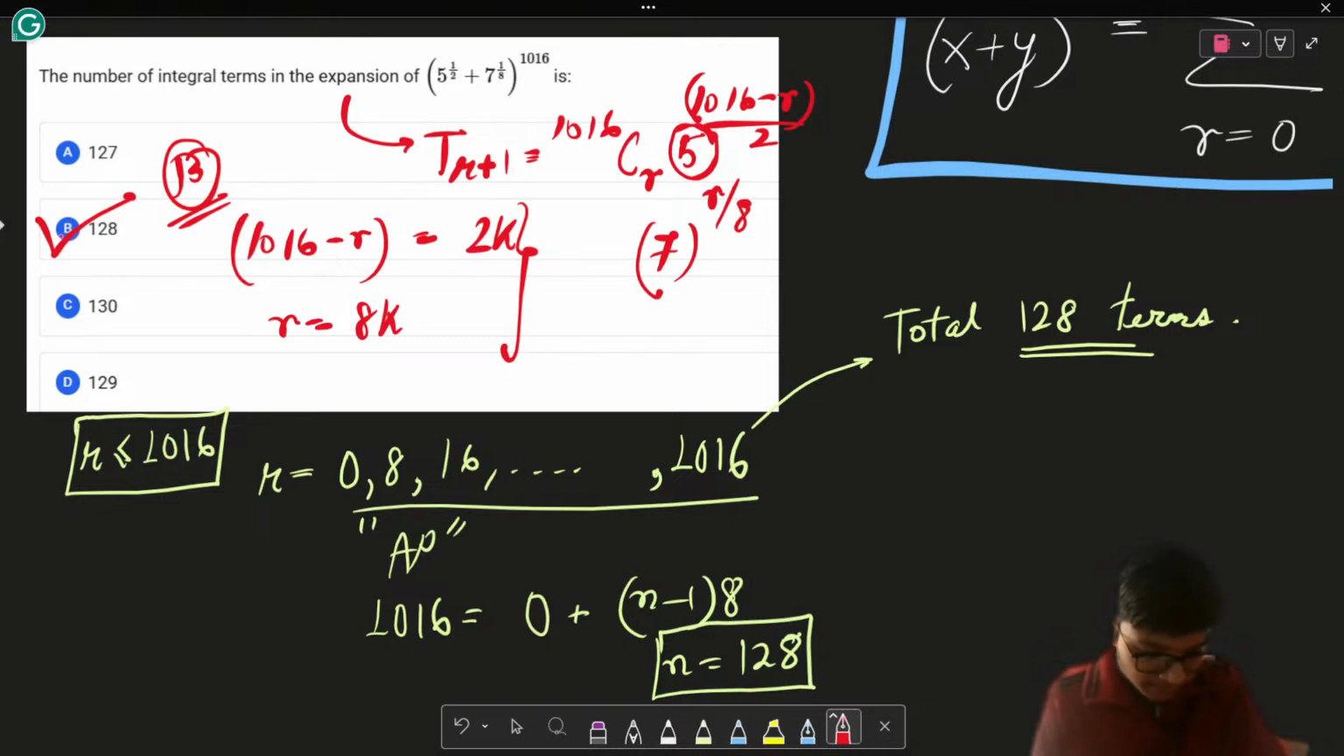Is this part clear? Okay, do let me know in the live chat, is this part clear or not? Okay,